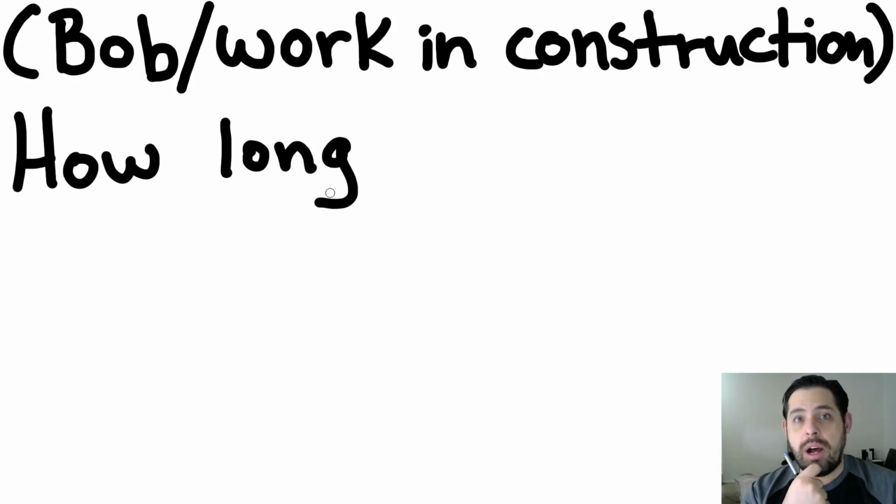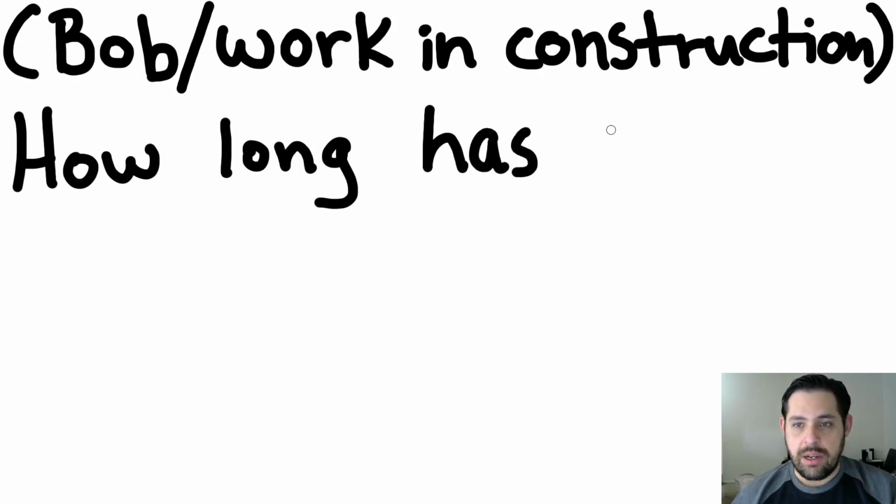The subject Bob is third person singular, corresponding to he. So what is the form of to have that goes with he in the present tense? Well, it's has. How long has